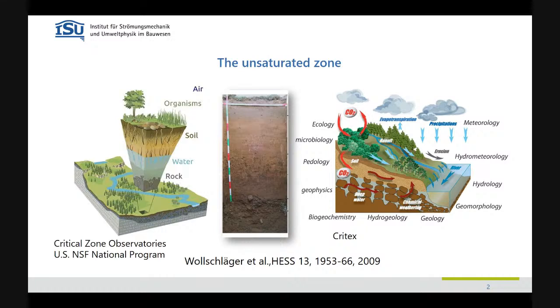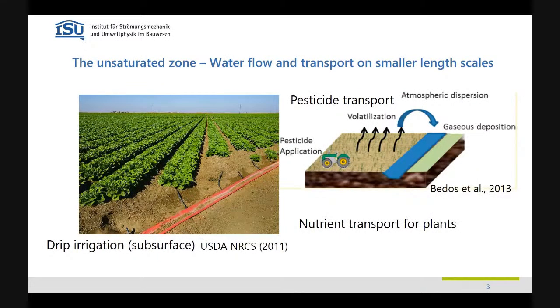So there are a lot of important processes that happen there, and for this reason, we want to be able to predict them, and we want to model them or understand them. How we model, as always, depends on the questions that we have. Related to that strongly is also the question on what length scales we look at the system. Very often, we look with a smaller scale perspective.